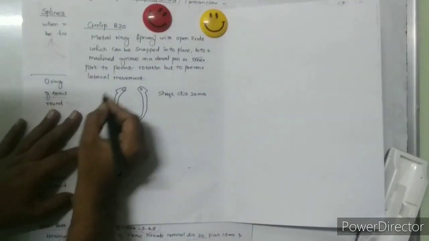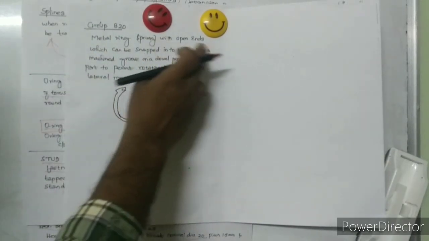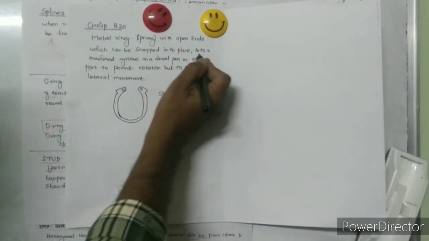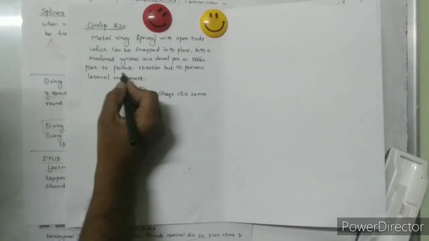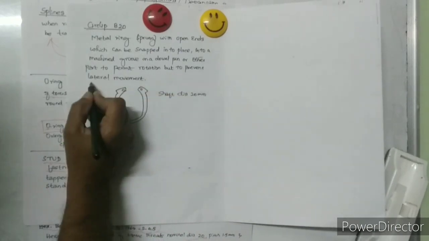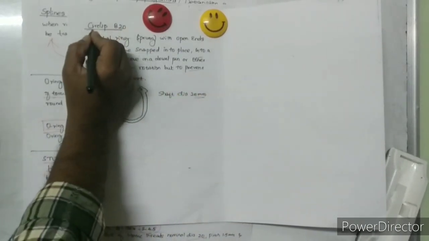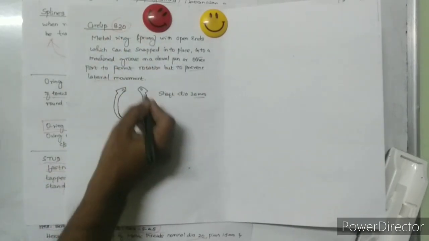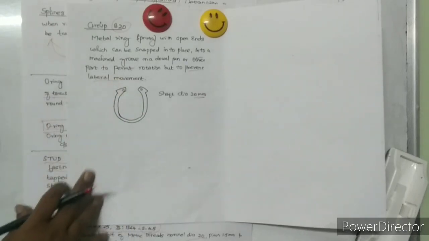The last one is the circlip. You may get like this: circlip B20. It is a metal ring, sprung with open ends, which can be snapped into place into a machined groove on a shaft or other part to permit rotation but prevent lateral movement. The shaft diameter is 20 mm. You can write circlip of shaft diameter 20 mm. Just you can write the figure. So that completes your